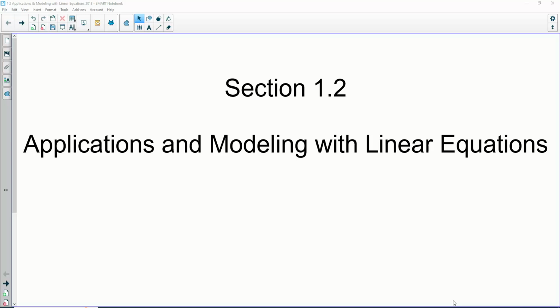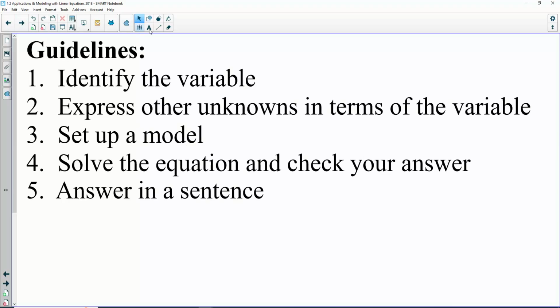Examples. We're only going to do a few today, so don't think I'm going to try to pack all this into a half a class period. This is for the next couple days. But my general guidelines, when we are doing word problems, the first thing I'm going to ask is that you